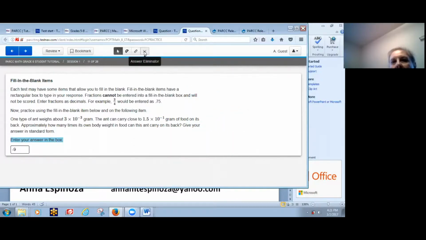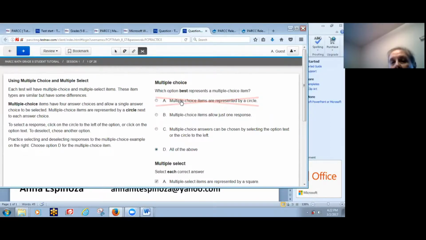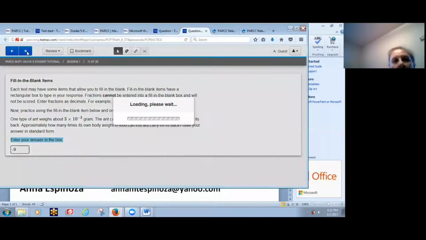The next function here is the answer eliminator, and I have an answer. I know that couldn't possibly be the answer, so I can exit. Some kids, Xing might be a distractor. For others, it might help to focus them. Click it again and it goes away. And the next feature,